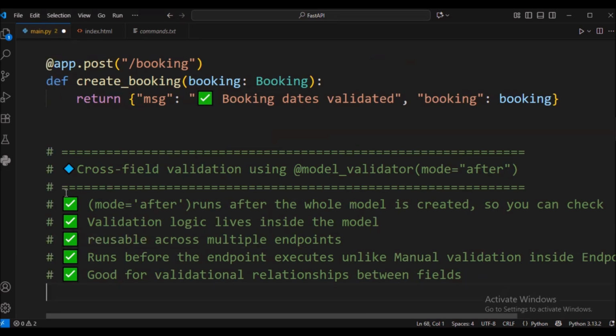It runs before the endpoint executes, unlike manual validation inside the endpoint. It is good for validating the relationship between multiple fields in the BaseModel, like start date versus end date, product name versus product price, or house area versus estimated rent.